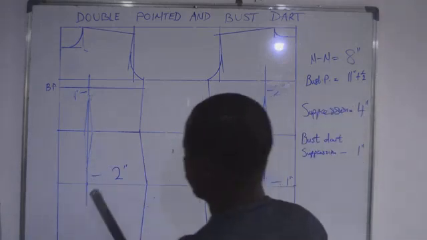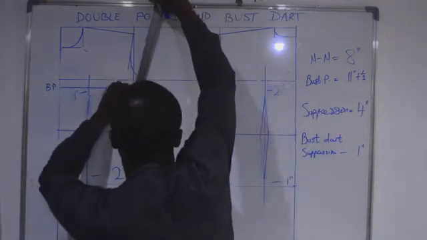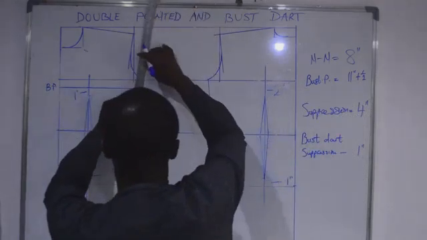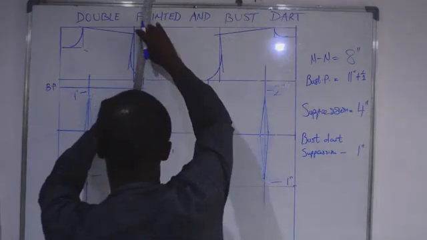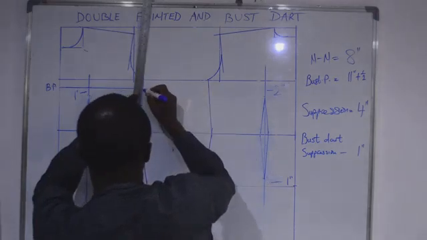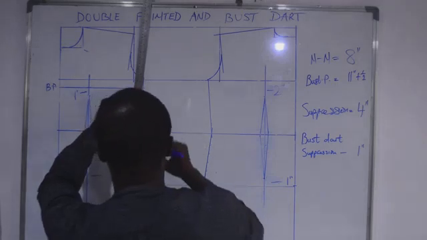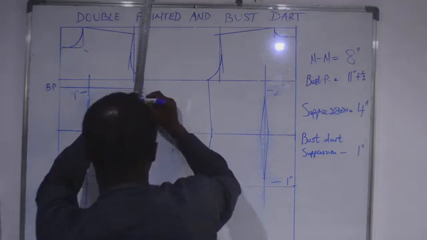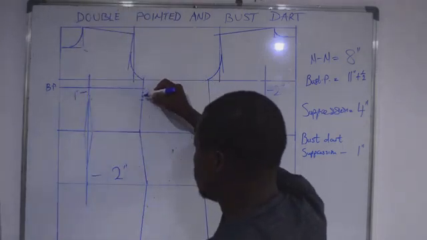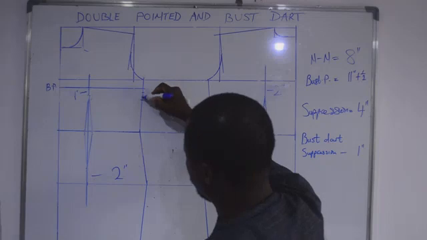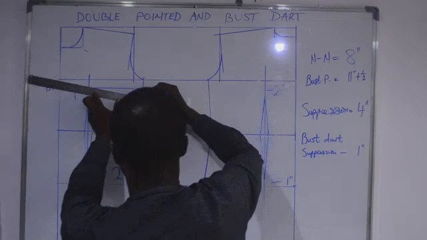So the next dart that I'm going to construct is the bust dart. From this bust point, you move away from this point by half an inch. Then you mark another half an inch that will form the middle of the dart, and then another half an inch. So from here to here, you give a space of half an inch. Then you have this: 1, 2, 3. This one is the middle point. So the middle point, draw a line